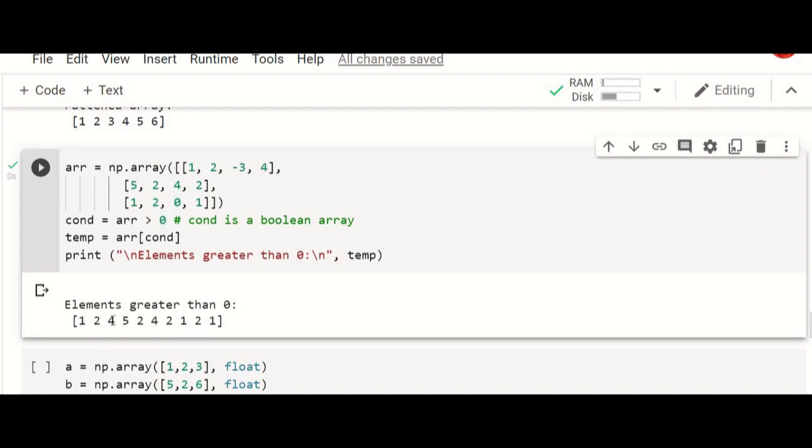Only the elements which are stored in the corresponding index position which has elements greater than 0. That means true in this conditional array will be extracted and temp array will be created. And in the second row all the elements 5, 2, 4, 2 will be displayed, and in the last row 1, 2 will be displayed and 0. In this position actually it is false. So that is skipped and the last element will be displayed.